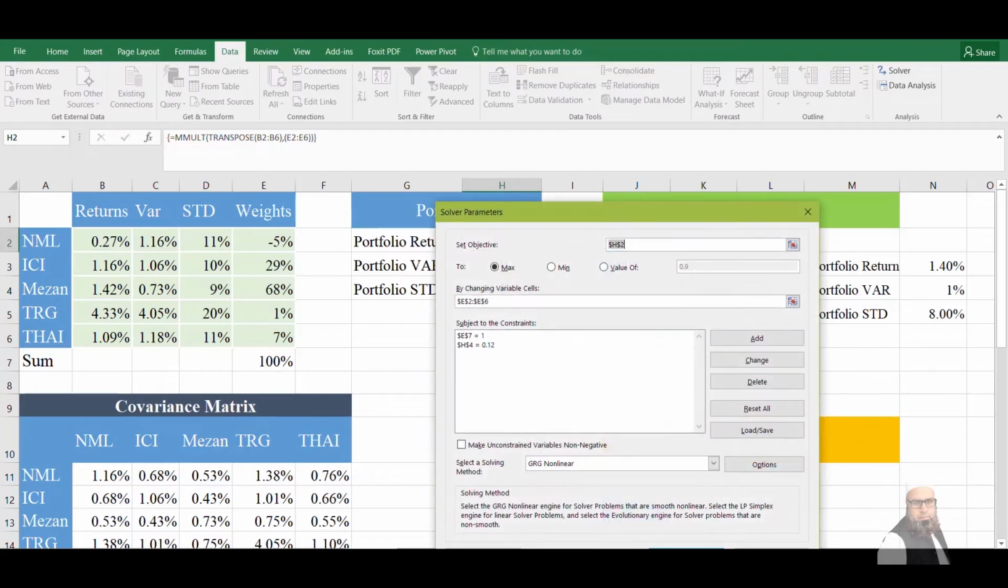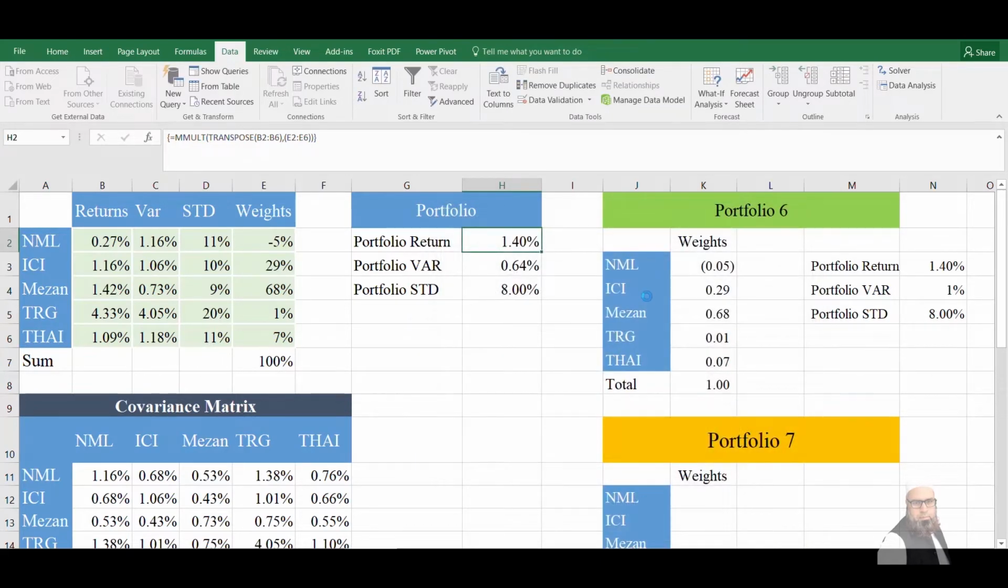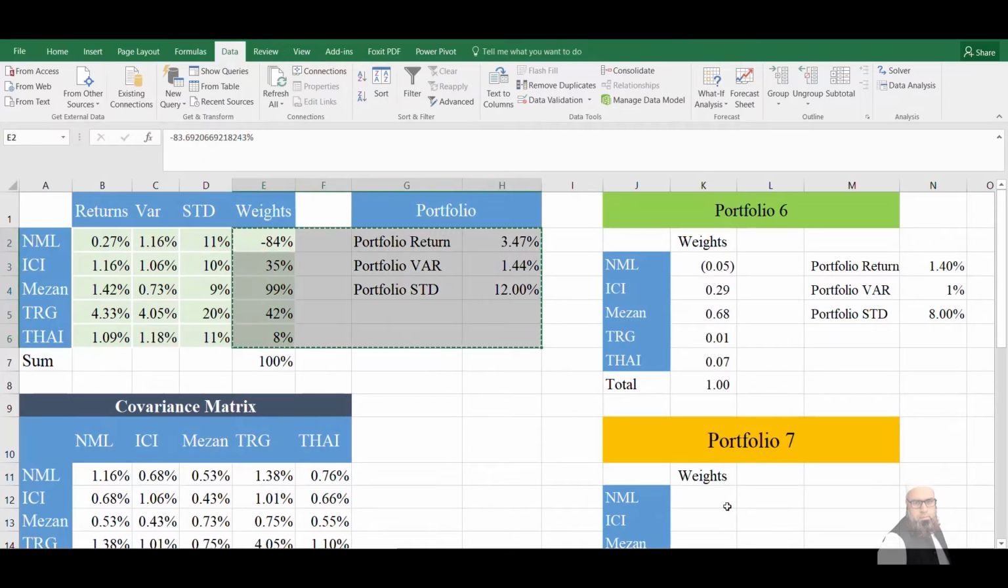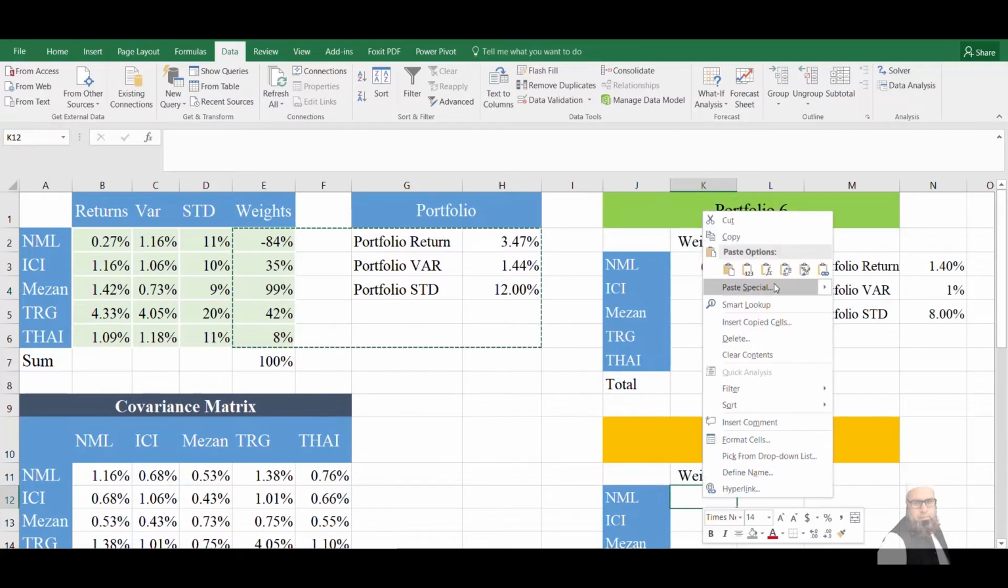OK and solve. So the solver has provided that at 12% risk our portfolio return will be 3.47%. And again I will copy weights of individual securities as well as portfolio risk and return and paste here at